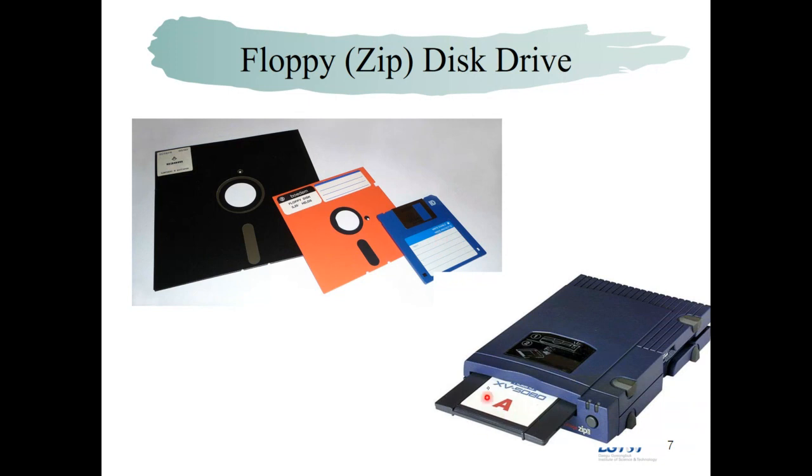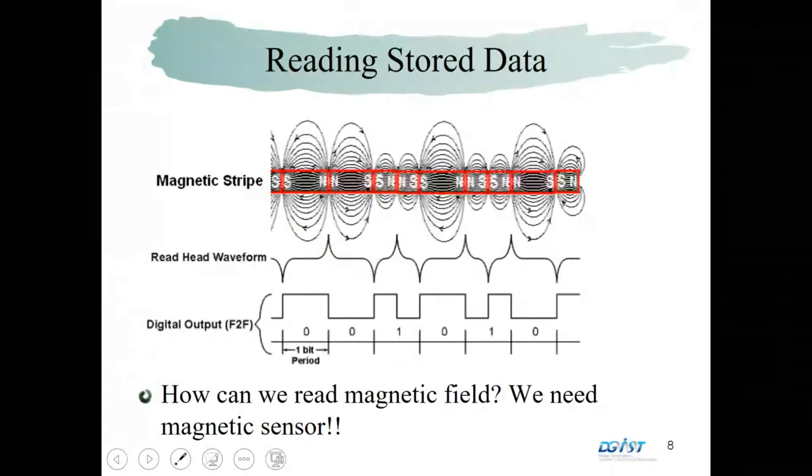And also there was the zip drive, and at this time, this single drive had about 100 megabytes, and at that time that was huge memory. But this machine disappeared after the capacity of the data increased. Okay, and